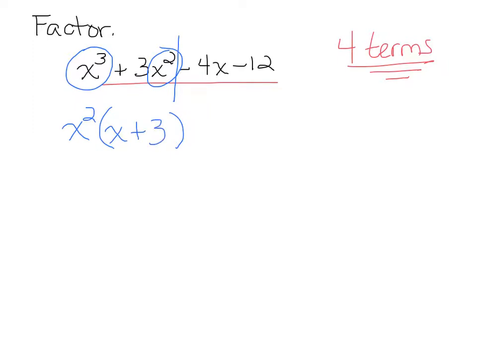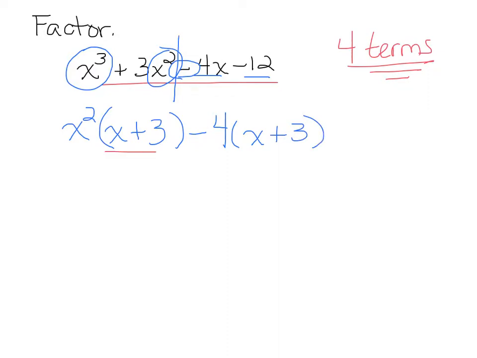Look at the second group. You see how that first term starts with a negative? Again, very good indicator that you're going to need to pull out the negative sign there. What the 2 have in common is 4, since 4 divides both. So pull out the negative, we're left with x plus 3.